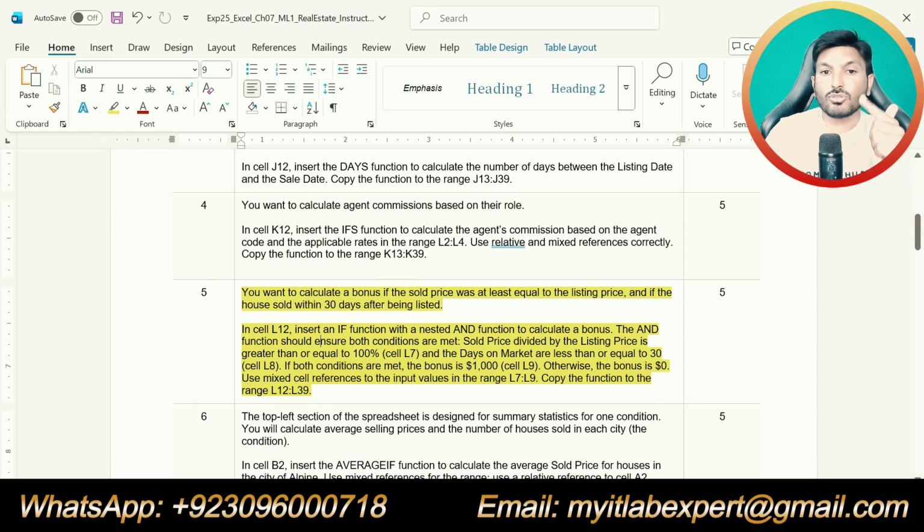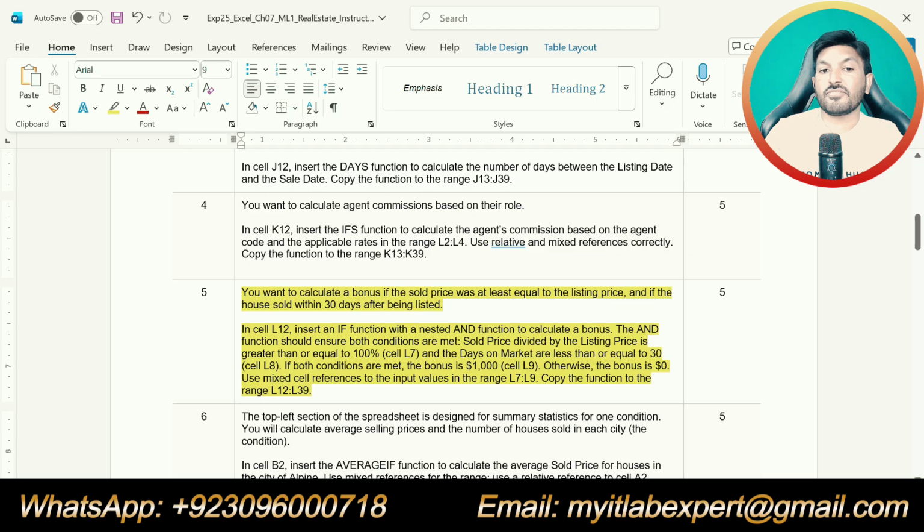The AND function should ensure both conditions are met: sold price divided by the listing price is greater than or equal to 100%, that is L7, and the days on market are less than or equal to 30, that is L8. These are the two conditions for the AND function. If both conditions are met, the bonus is 1000. Otherwise, the bonus is 0.